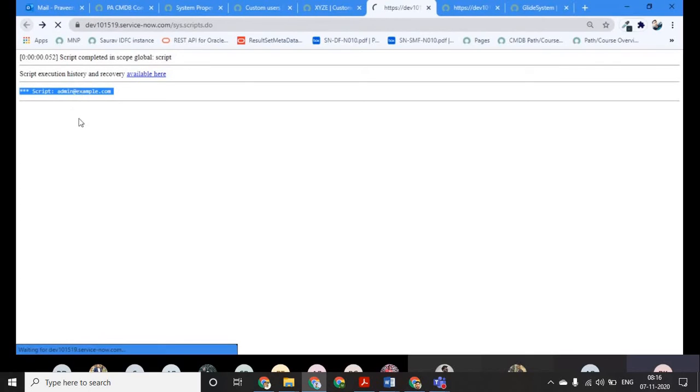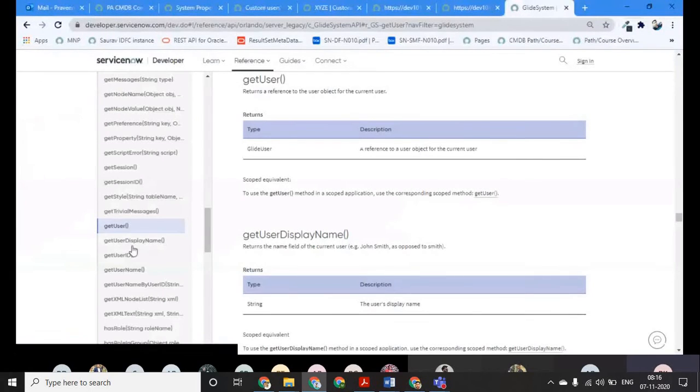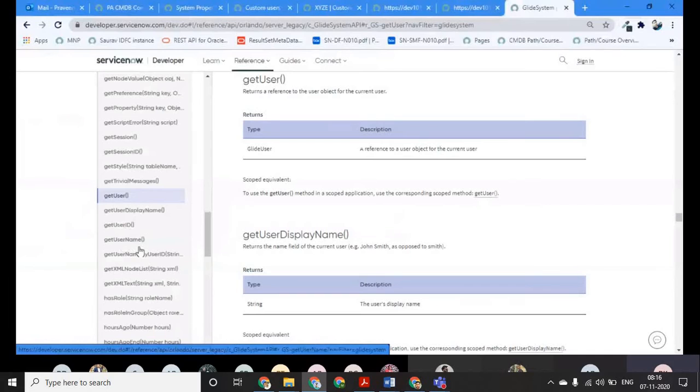Okay, so this way we can easily identify the information related to the logged in user, his first name, last name, email, address or designation, title, whatever kind of information we want to fetch, correct, using this get user method. Apart from it, I will get user display name, get user ID we have learned, get username you can also learn, get username by ID.